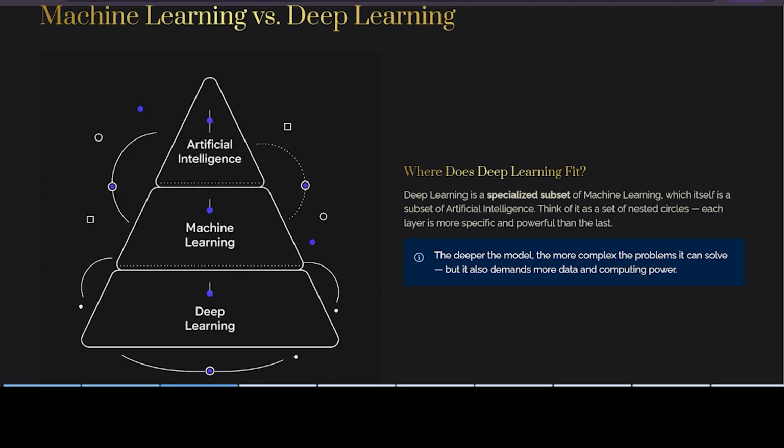And then data set size. Machine learning works with smaller data sets, okay. But deep learning is more hungry for data. That means it uses a massive amount of data, okay. And then model complexity, another difference, okay. Machine learning completely relies on mathematical models, like linear regression and decision trees, that kind of thing, okay. But deep learning uses layered neural networks, okay.